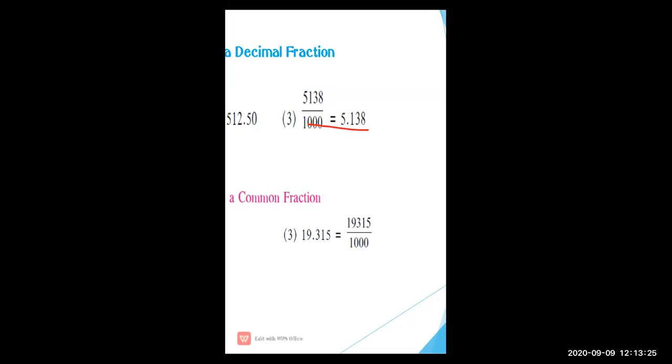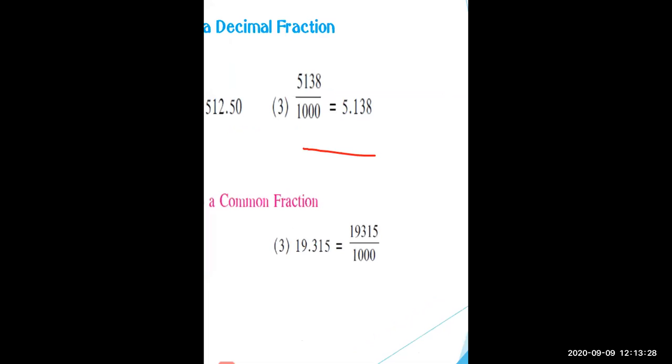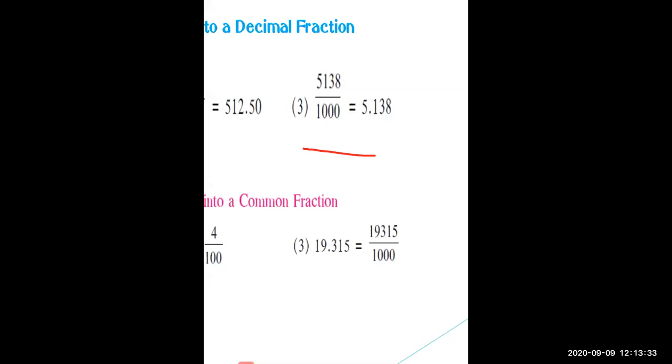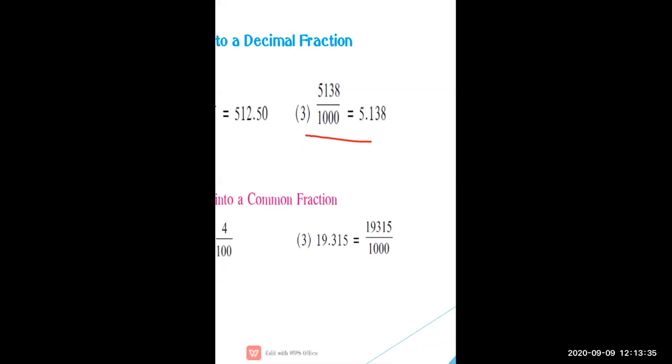I will show you through one extra example. If I write here 26 upon 10. Now 26 upon 10. 10 means after one number you have to put a point. Vedika, just listen to it properly. Whenever 10 is in the denominator, whenever 10 comes, you have to put a point after one number. When 100 is there, you have to put a point after two numbers. When 1000 is there, you have to put a point after three numbers. So here 10 is there.